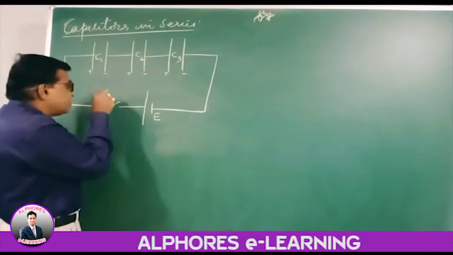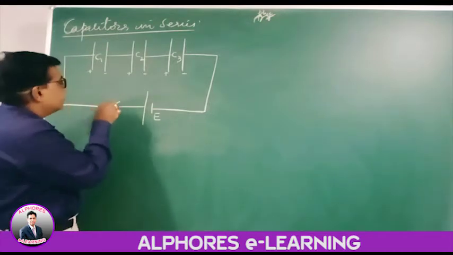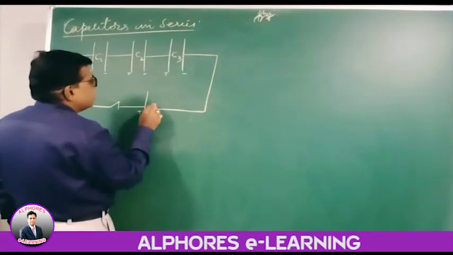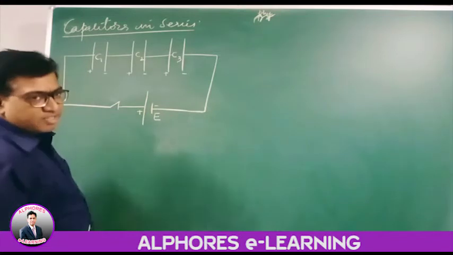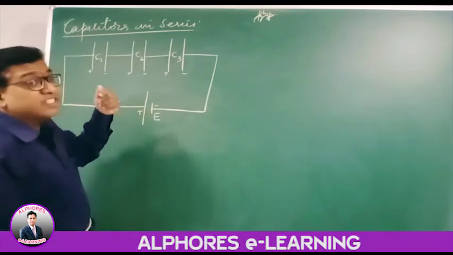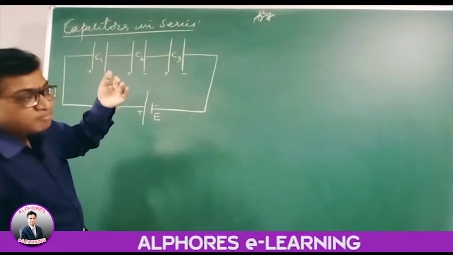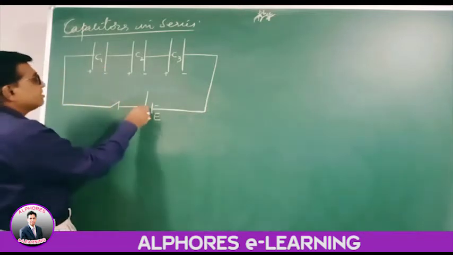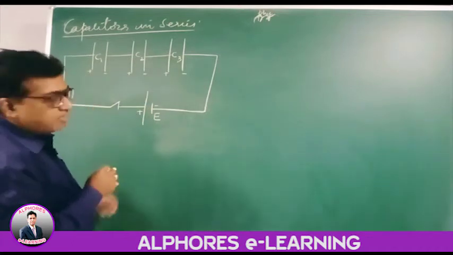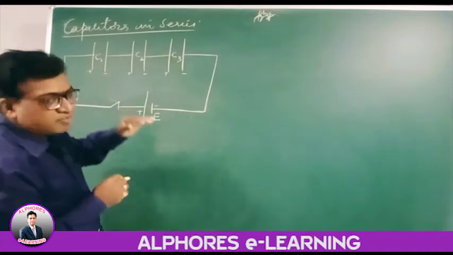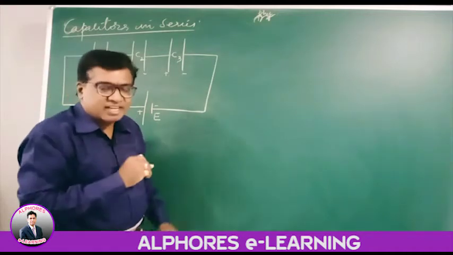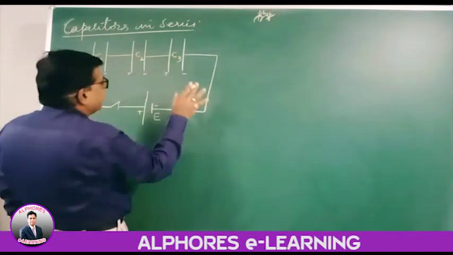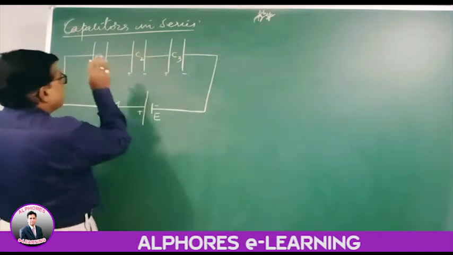Now when I switch on the key, in the battery this is high potential, this is low potential: the positive terminal and the negative terminal. This high potential will charge the capacitors. So when all the capacitors are charged and a stable situation, a saturation, is obtained, then the battery has given charge to them.